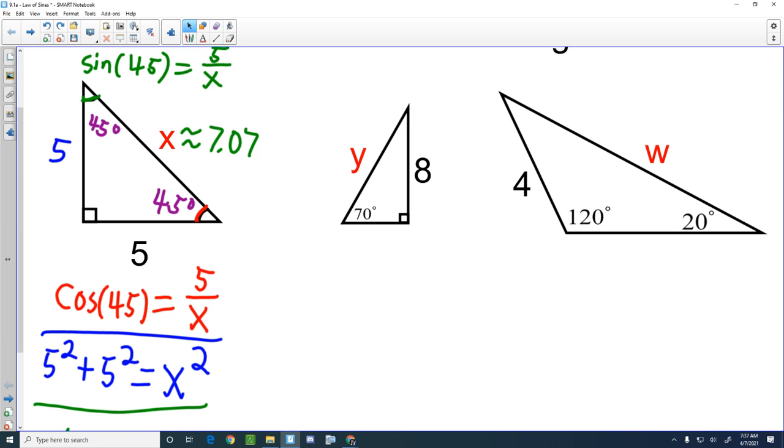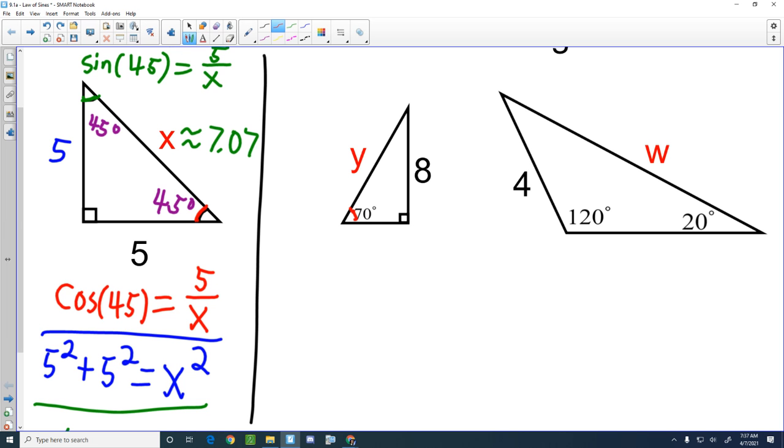Now, this middle one right here, solving for y, has fewer options because it's that 70-degree angle. In this case, it's not a special right triangle. I don't have any information about the other, like that bottom leg. And so I would just use basic trigonometry, SOHCAHTOA. And I look at the angle that's given to me, that 70 degrees right there, and I look at the two sides, the one that's given, the one that I'm looking for,